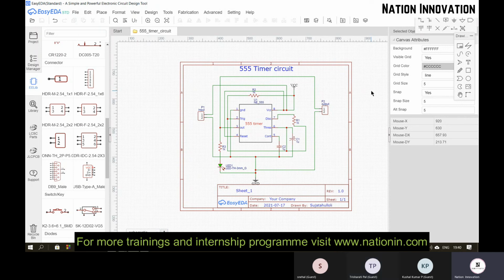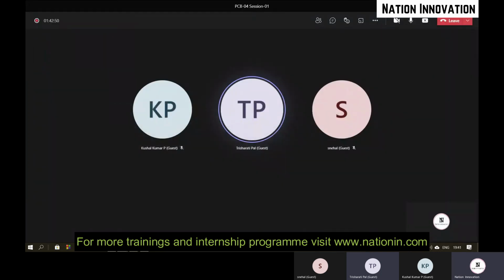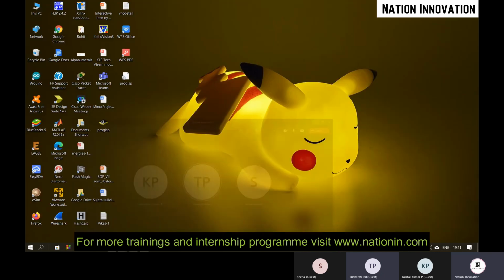I guess it will not allow you to save that circuit, but you can check whether the circuit is working or not. Okay, ma'am, can you give me the link in the group? Okay, I will check. I have already downloaded it. I will check and provide you. Okay, ma'am, thank you. Let me show how it looks on my desktop.